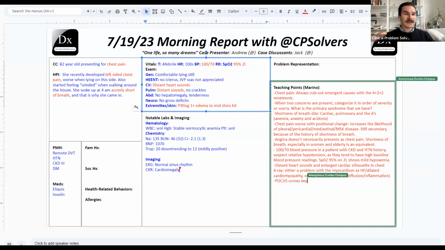If that IVC is dilated and non-collapsing, that further supports the volume overload hypothesis or the increased cardiac filling pressures hypothesis. And then we can also get a quick view and look at the pericardial space and see, is there a large pericardial effusion or not? That becomes important to know, because if we're querying the possibility of tamponade physiology developing, right, worsening pulmonary edema, worsening blood pressures in the setting of a pericardial process, we would actually not want to diurese this person up front, but we would actually want to give her a little bit of volume to temporize her until something can happen